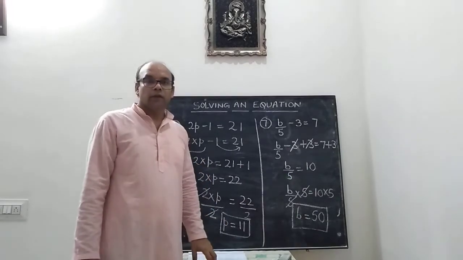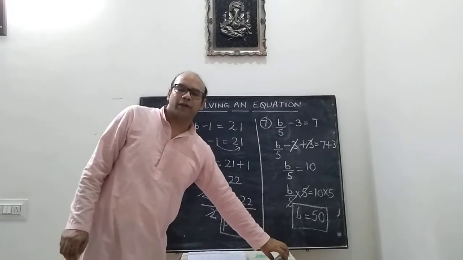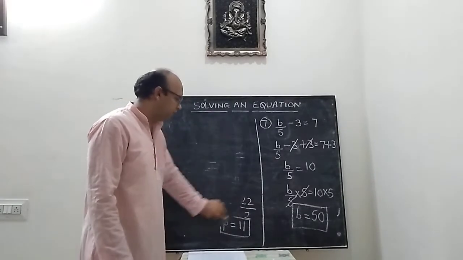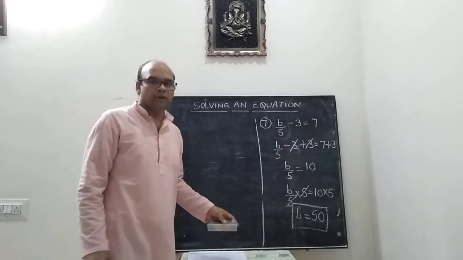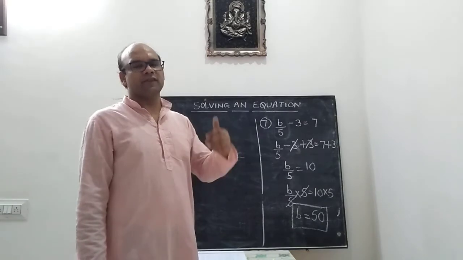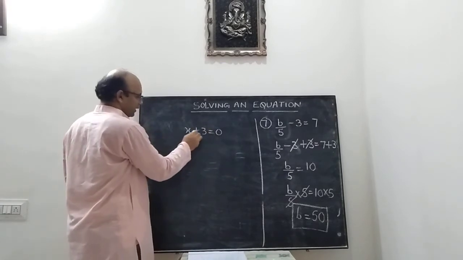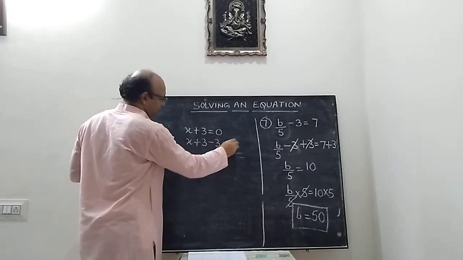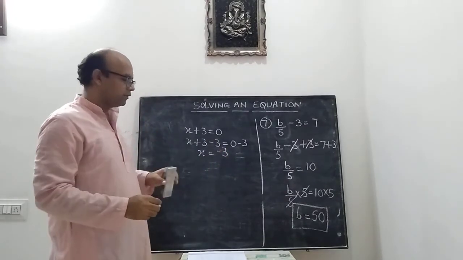Okay. Now the next thing is the type of questions in exercise 4.2 of your NCERT book. You have to understand that the first question deals with what is the first operation that has to be done so that we can reach the solution. If x plus 3 is equal to 0, obviously 3 is added to x. To nullify the effect, we have to subtract 3. So we have x is equal to minus 3. So this is how we will be solving it.